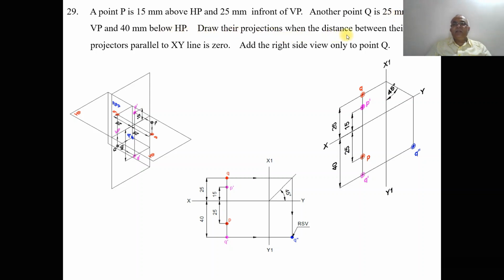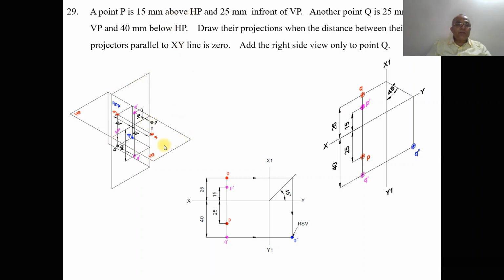Draw their projections when the distance between their projectors parallel to XY line is 0, and add the right side view only to point capital Q. So a point capital P is 15 mm above HP and 25 mm in front of VP. So obviously this is in the first quadrant. So when you are trying to analyze this, we can take this is the first quadrant wherein a point